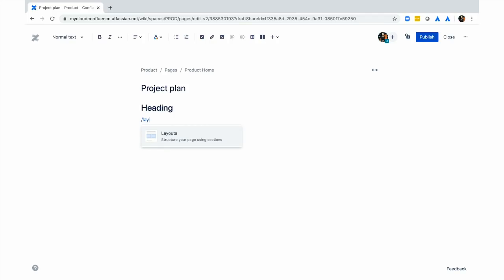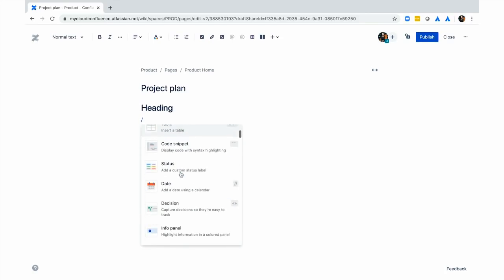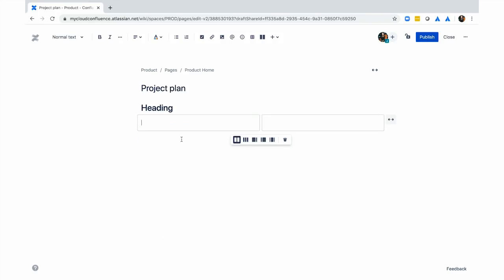If you learn nothing else today, the most important thing is the / command. This is the most powerful feature in the editor, and it loads macros. You can either start typing macros or do as Claire was doing, which is just scrolling through the list. So now she's adding a layout,